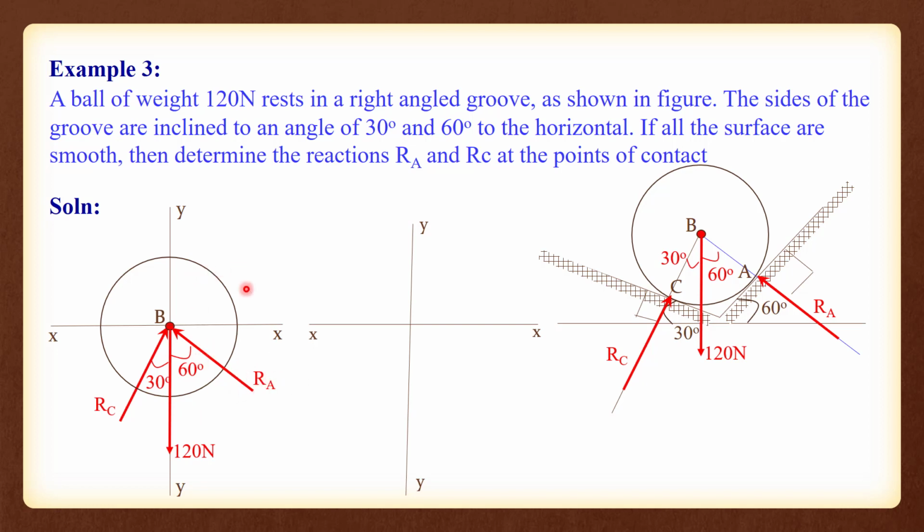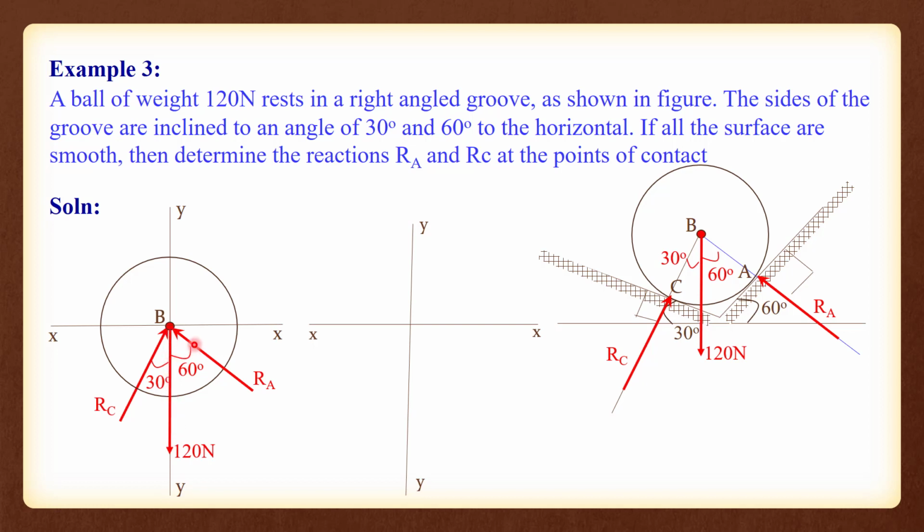Now let us take RA first. RA lies in the fourth quadrant, right? This is the first quadrant, this is the second quadrant, third and fourth quadrant. So RA lies in the fourth quadrant. When you resolve this force, you will get two components lying in the fourth quadrant. One will be along the positive x-axis, the other along the negative y-axis, right? Now you can see this RA is acting towards the point B. So the components also will act towards the point B. There will be a horizontal component acting along the positive x direction towards B, and a vertical component acting along the negative y-axis towards the point B.